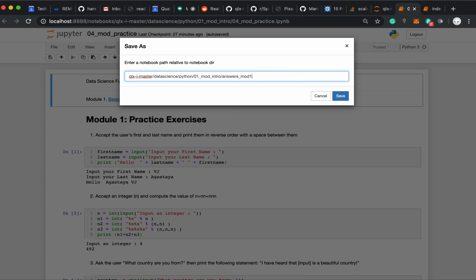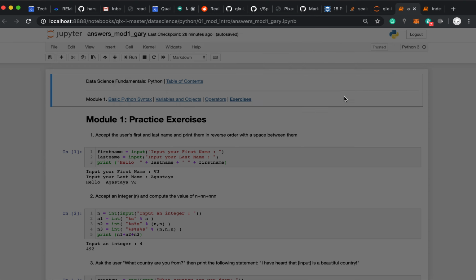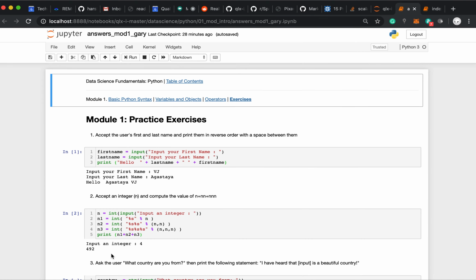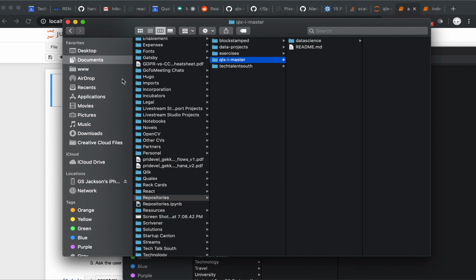mod 1, and just say Gary. You don't have to do module 1. That was an easy one just to get started, but for the next exercise, an IPYNB, I'm going to save that. And what you can do is two things. There's an easy way, and a little bit harder but better way. I can go to that directory,